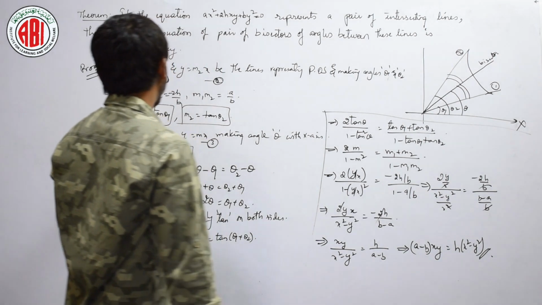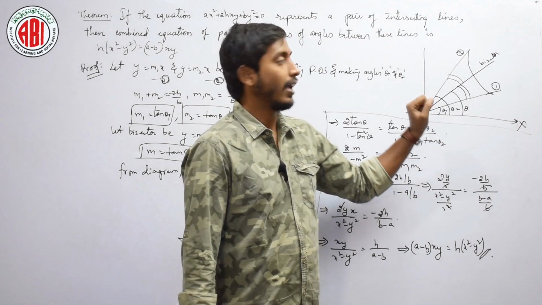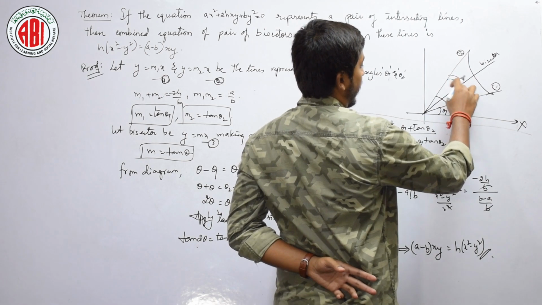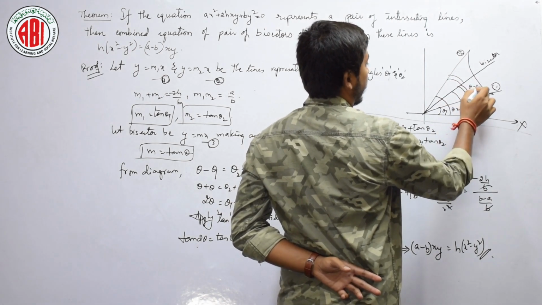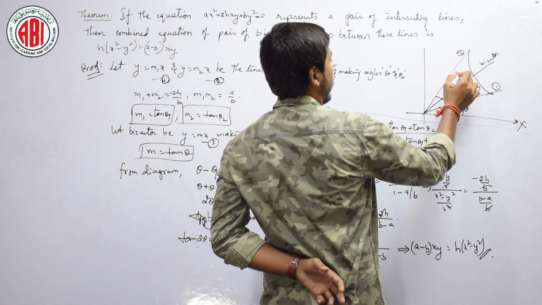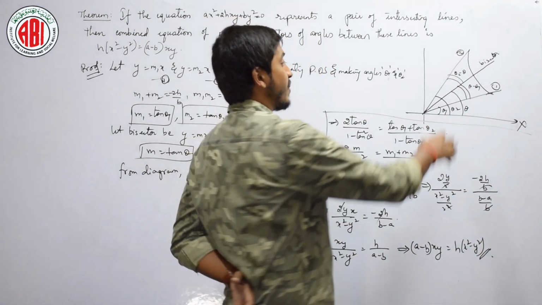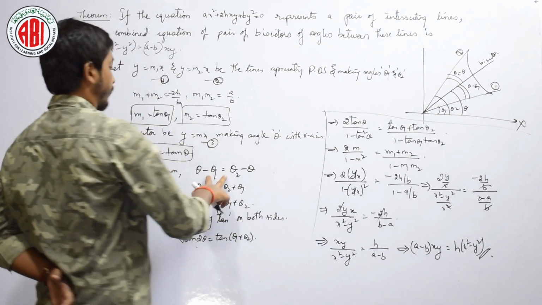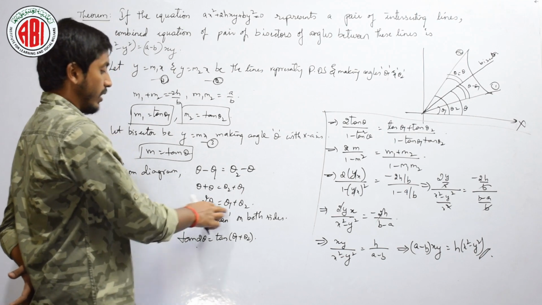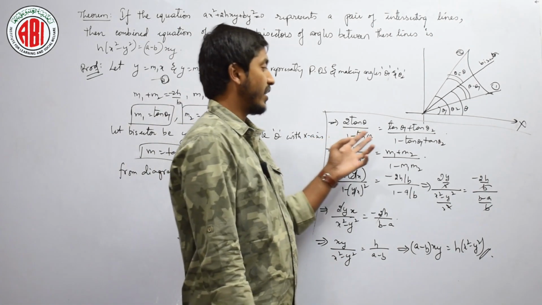Then we have assumed the bisector to be y equal to mx, which is making an angle theta with the x axis. Okay. Now from this diagram we can tell that this angle is nothing but theta minus theta 1. That is equal to, this whole is theta 2. If I subtract, theta 2 minus theta, I will get this above angle. Since it is bisecting, these both angles are always equal, right. Now I have brought this theta to this side, theta plus theta equal to theta 2 plus theta 1, 2 theta equal to theta 1 plus theta 2. I have applied tan on both sides. The tan 2 theta formula is 2 tan theta by 1 minus tan square theta.